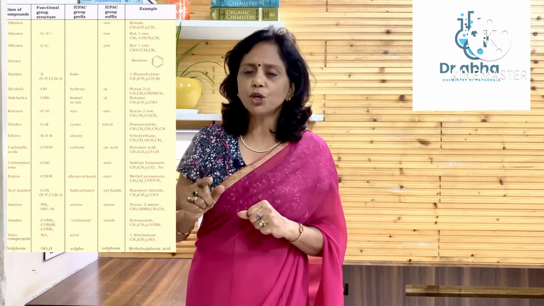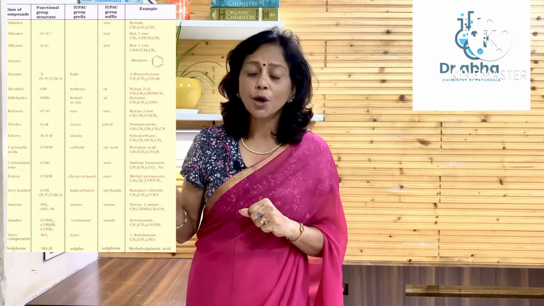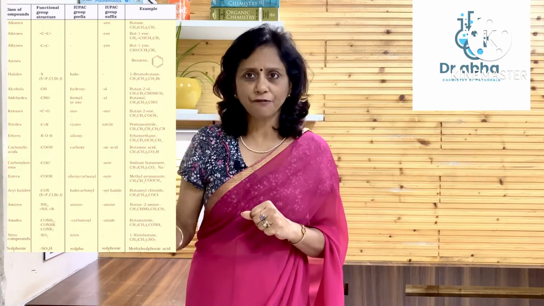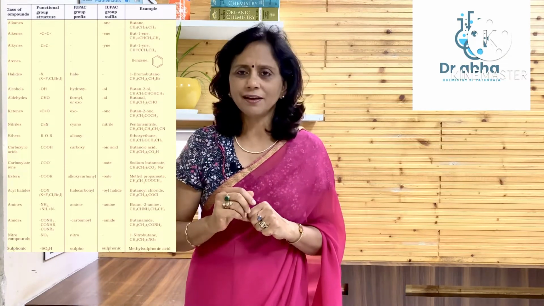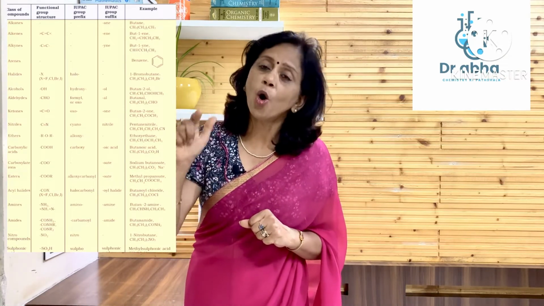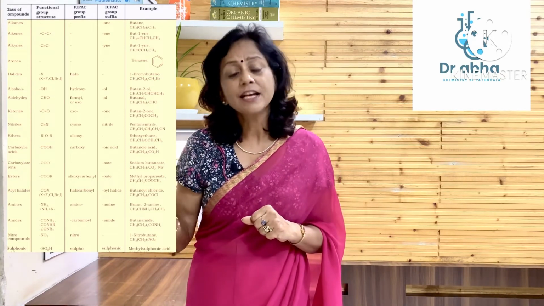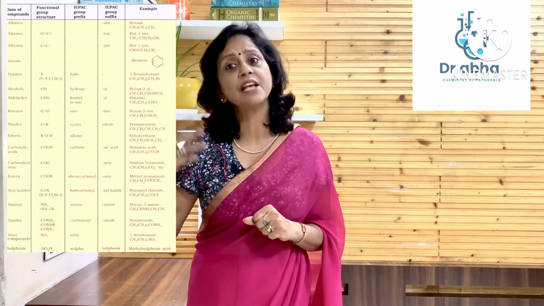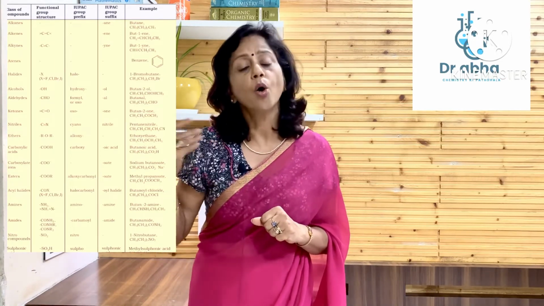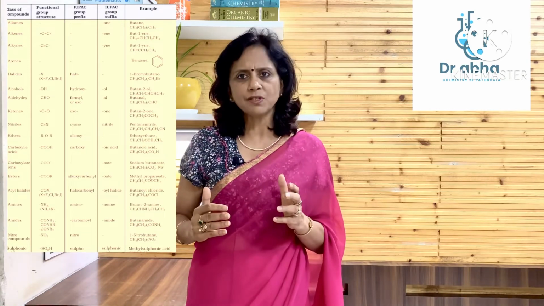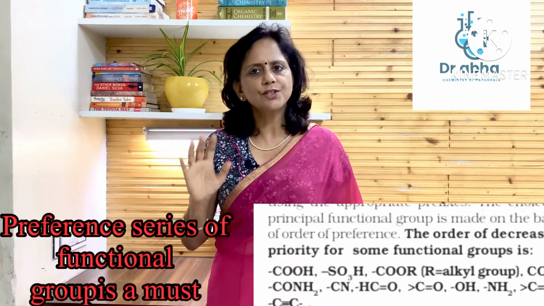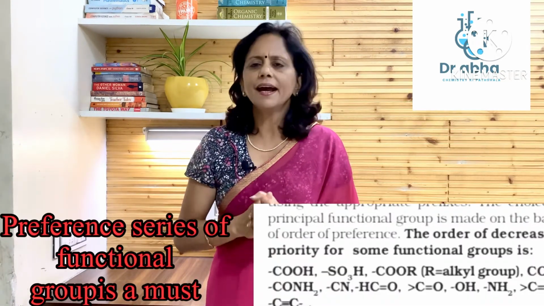So second, what you have to do is go through this list of the names of the function groups. OH is a function group, but what is its name? Its name is ol. CHO is a function group. What's its name? Its suffix name is al. Acid's suffix name is oic acid. Ester's is oate, right? So all of them have suffix names. Some don't have one. Why? Halides, ethers. Once you are done with the list of function groups, then I think is the right time to go through the videos.